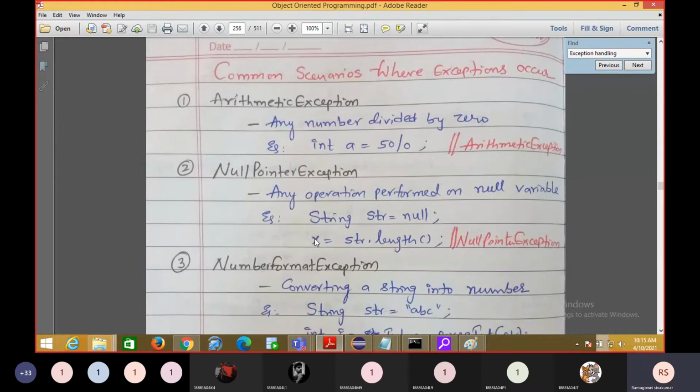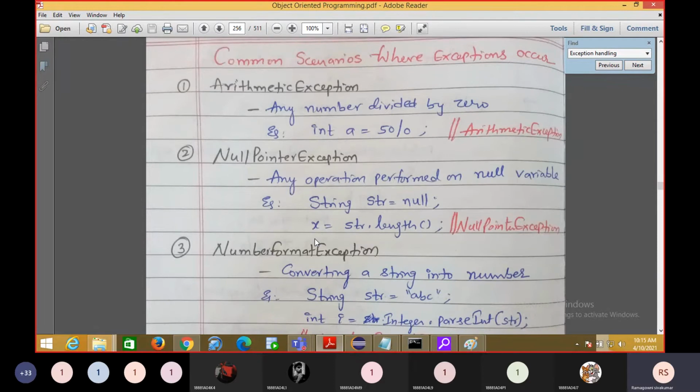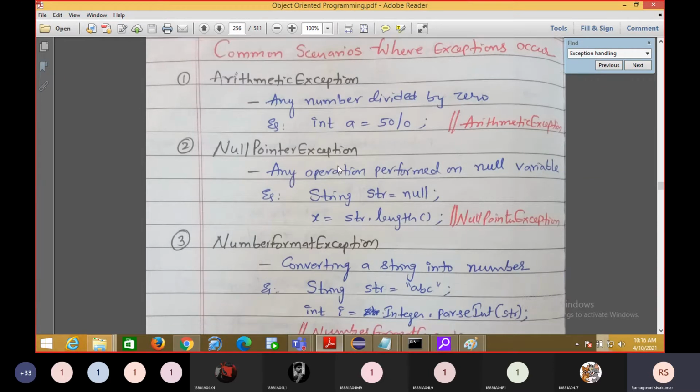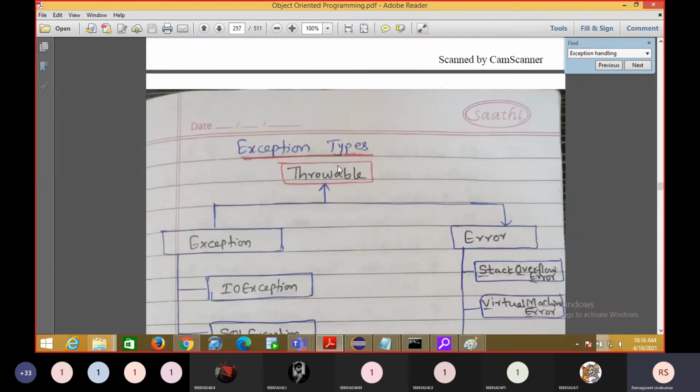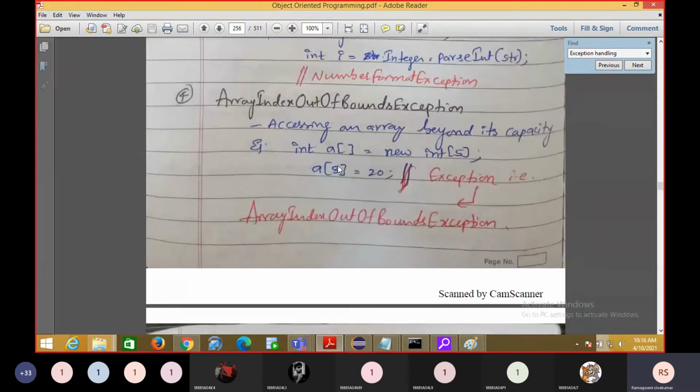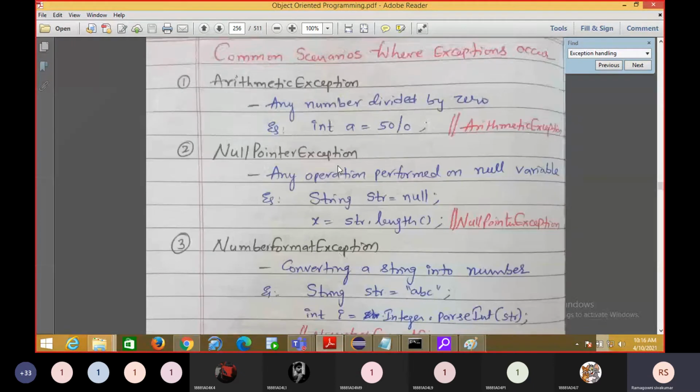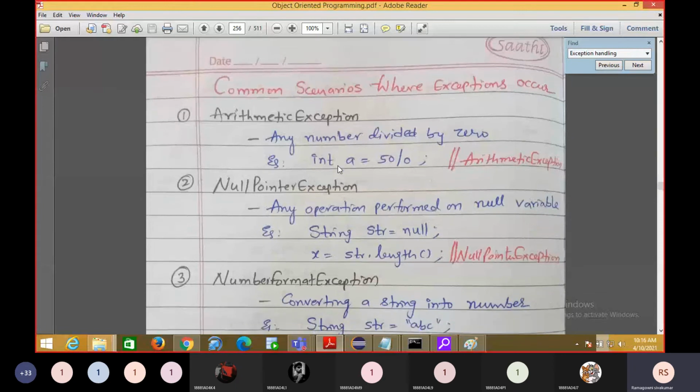See, the common scenarios where exceptions occur, you have to write these examples in front of the interviewer. So they will ask, write some examples of exceptions, runtime exceptions. You need to write these examples: arithmetic exception, null pointer exception, number format exception, array index out of bound exception, string index out of bound exception. These are the examples you need to write in front of the interviewer and you need to